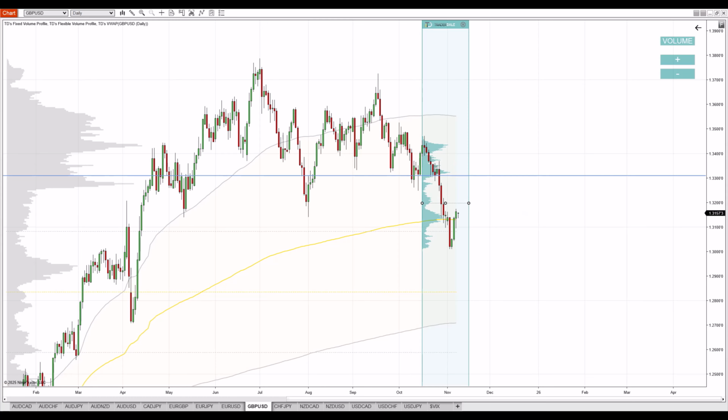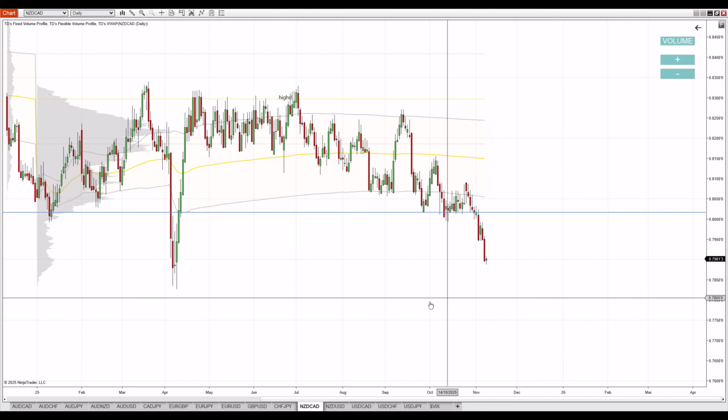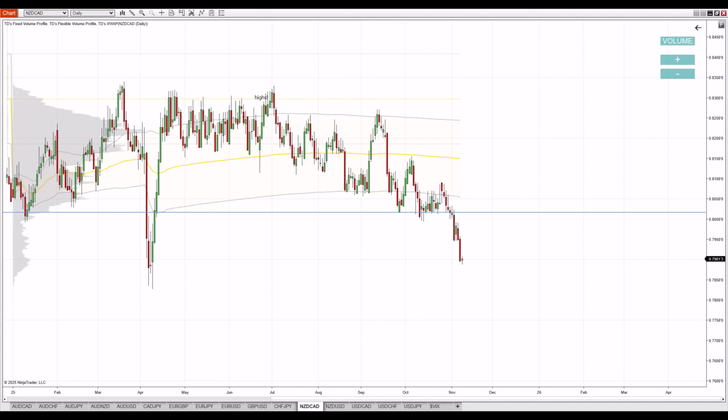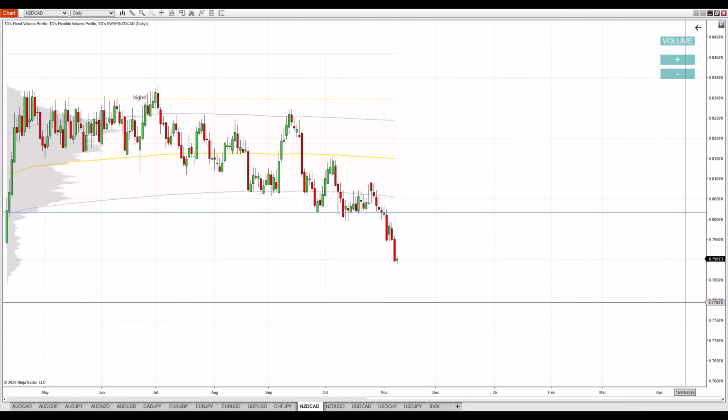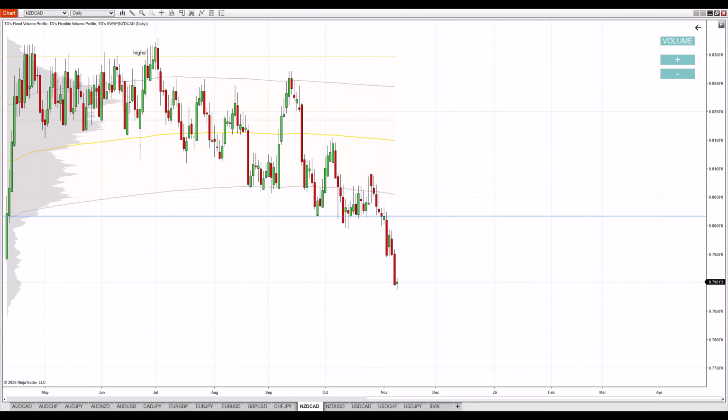So that's for that short on the British pound. Let me now switch to another chart, another daily chart. And this one is going to be the New Zealand dollar, Canadian dollar. So what I want to show you here on the New Zealand dollar, Canadian dollar is a resistance, and let me just zoom this in a little bit. The resistance is right here, this line, and it is at